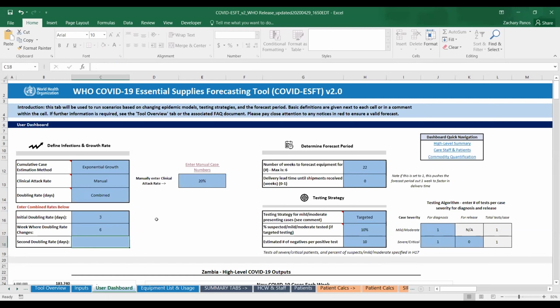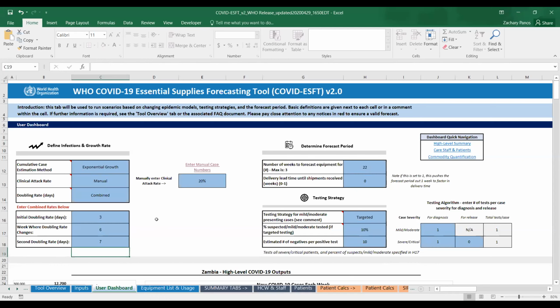So for example, here at the 6th week of our forecast, the initial doubling rate of 3 will switch now to finally the second doubling rate, which Zach can enter at 7. And this is in essence modeling some ability to suggest that the speed at which the epidemic is growing will slow. And this is customizable, as you can see.